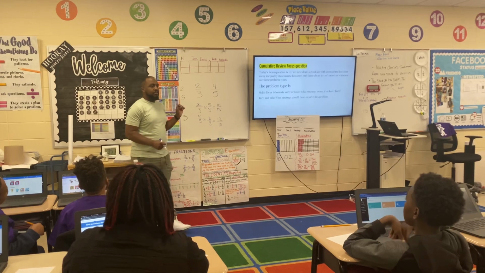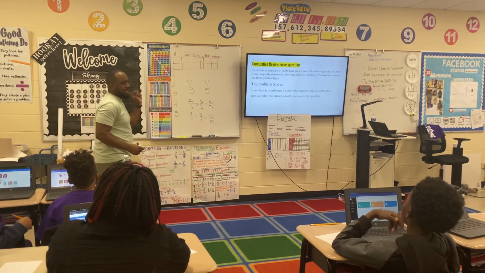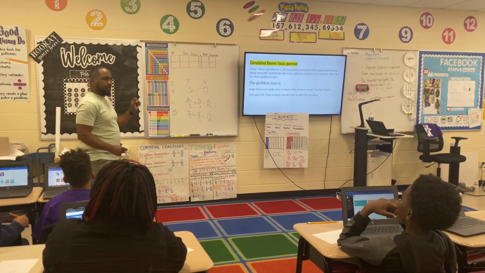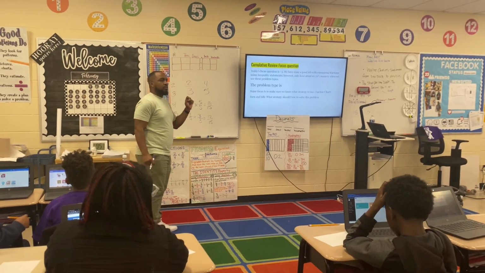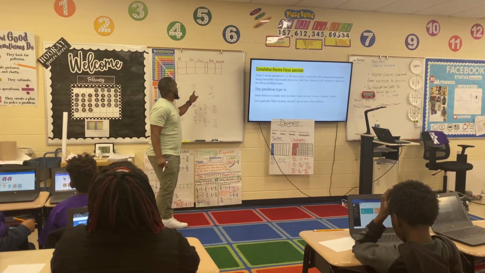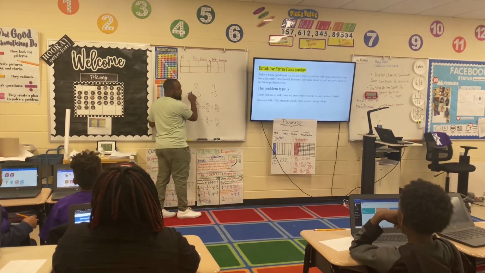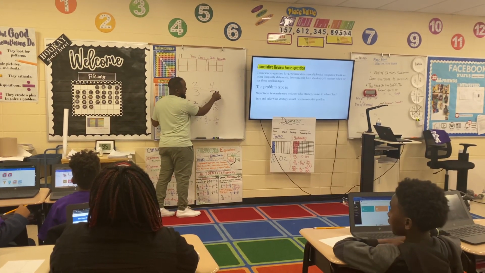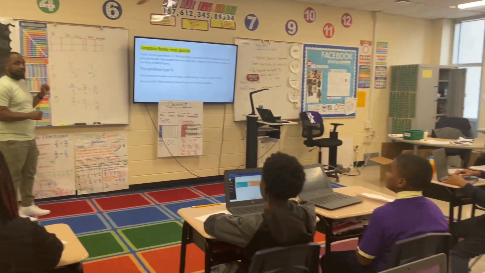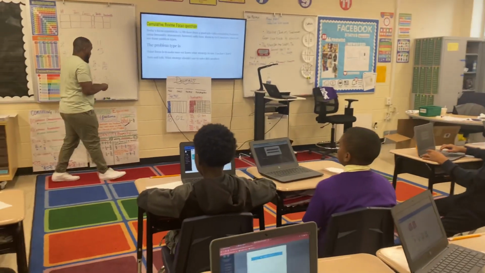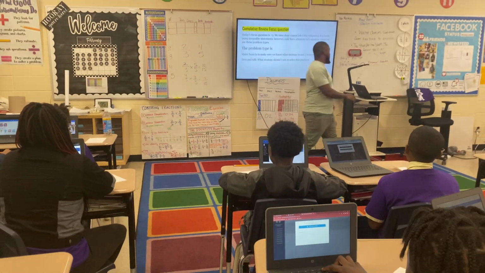What would be my inequality statement here? 4/5 is greater. Read it from left to right. 2/3 is less than 4/5. Right? Good job. So we're going to move over to our